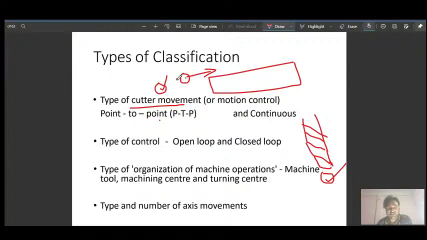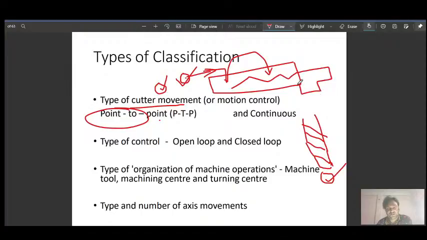Based on the cutter movement, point to point motion means the tool will move from here and then go to the next point, in this way. Contouring or continuous motion may follow various types of path, even straight this way; this can be considered continuous motion.